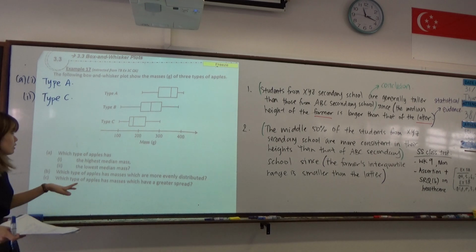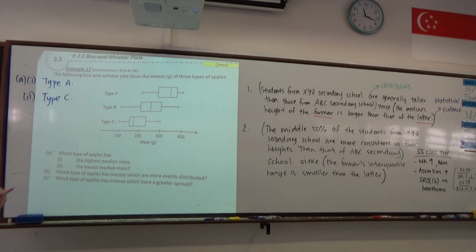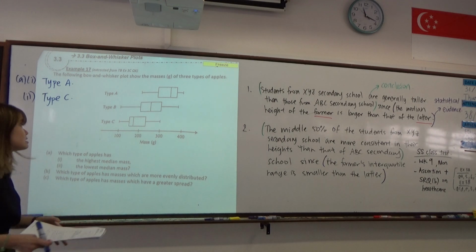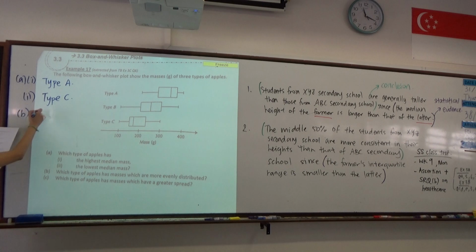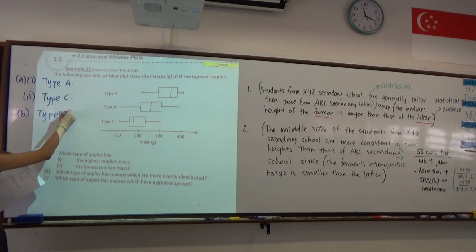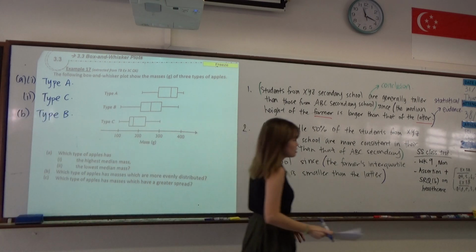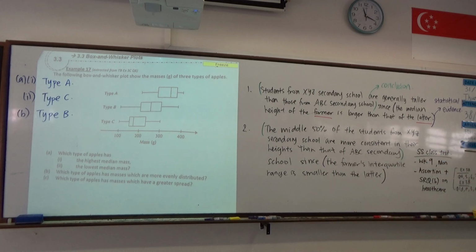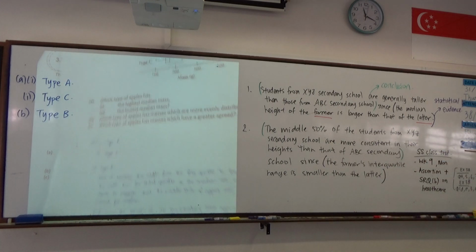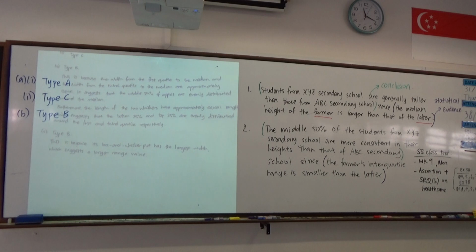Right, you get what I mean? So in part B itself, they are only asking about which type, but you of course need to think through the reasons. I don't think I will want you to actually copy down the reason, but